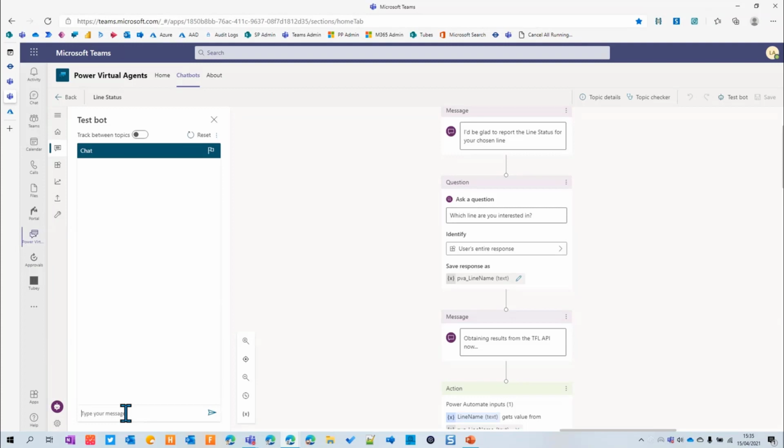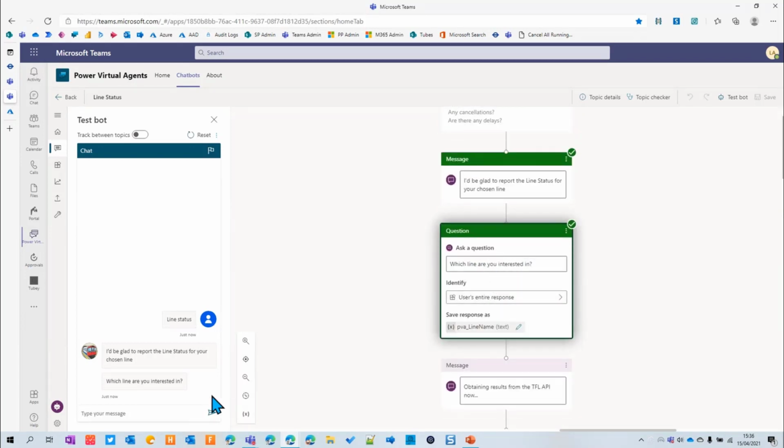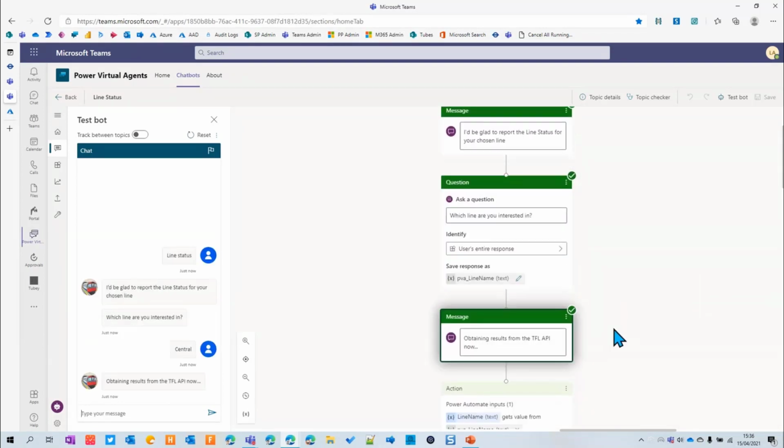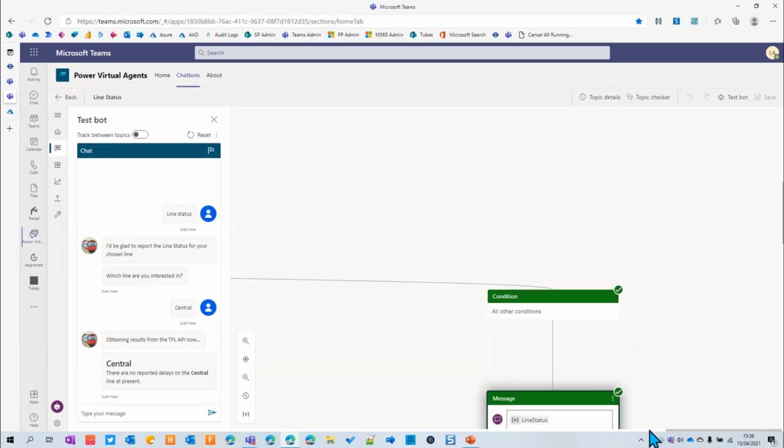We'll test the bot here by typing the trigger phrase again. And we can see that Power Virtual Agents indicates in green where you are in the action tree. So we can see that we're up to the question, which line are you interested in? And that corresponds to down here where it says, which line are you interested in? And we can type the central line, and then we'll go further down the tree to the response. But I just want to go back and show you